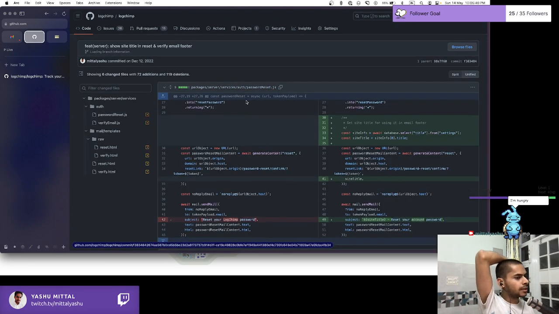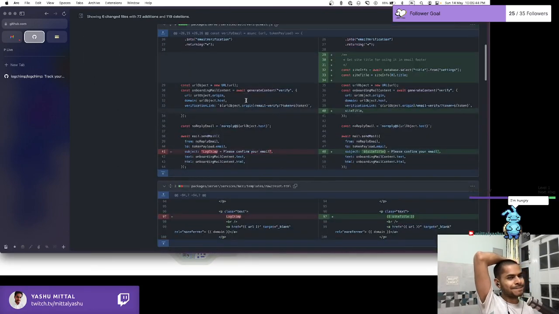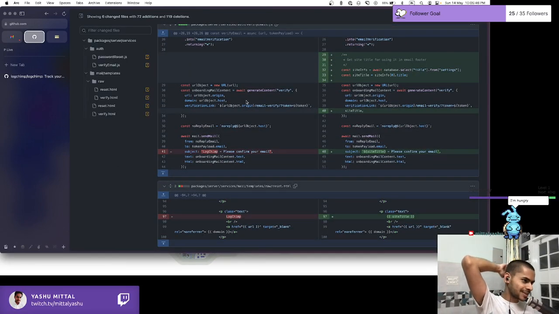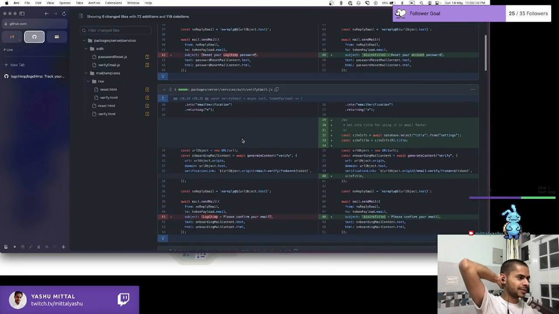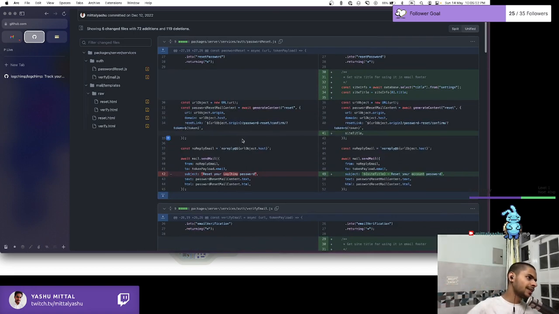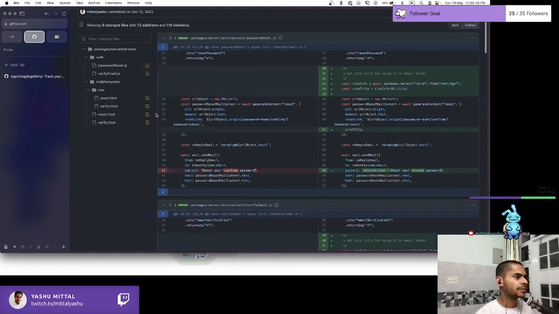Oh, okay. That was kind of... So what happened? This was an interesting commit I have made. So in this software, obviously, generally what happens if you create an account on any website,